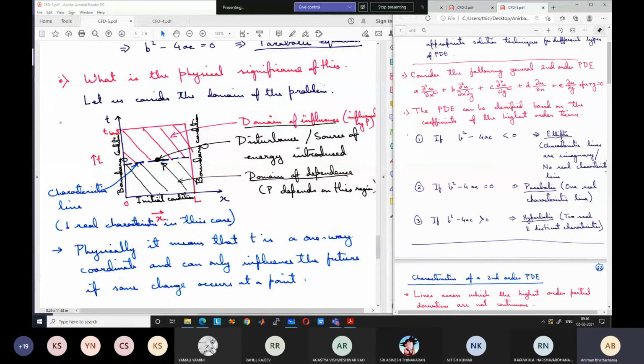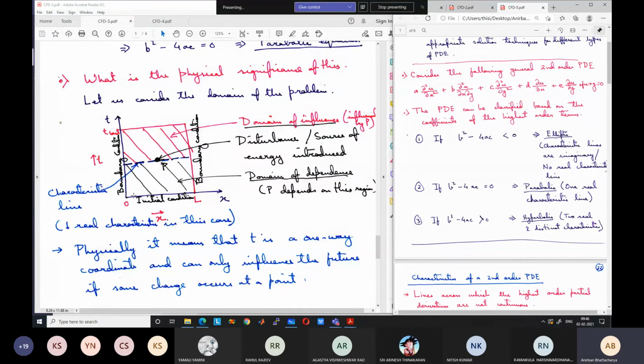In the x direction, the domain is bounded from 0 to L, and in the time direction, the domain is bounded from 0 to t last. This is the entire solution domain. This is not the CFD domain or the computational domain. It's the solution domain. This has all the solution values for the entire problem.